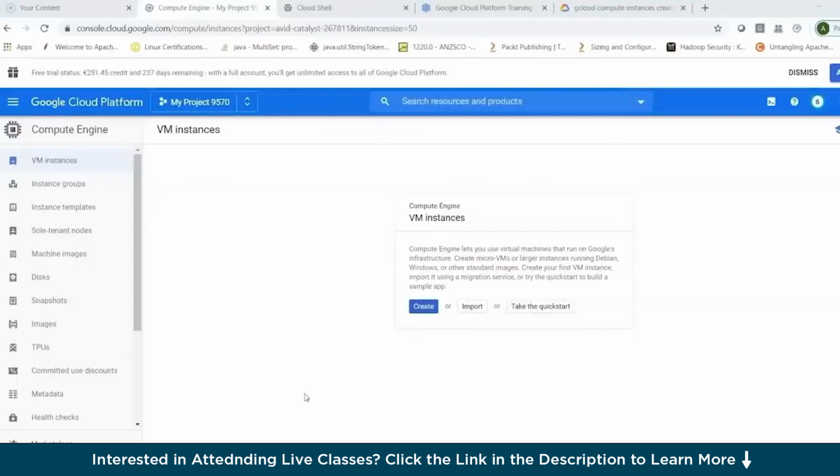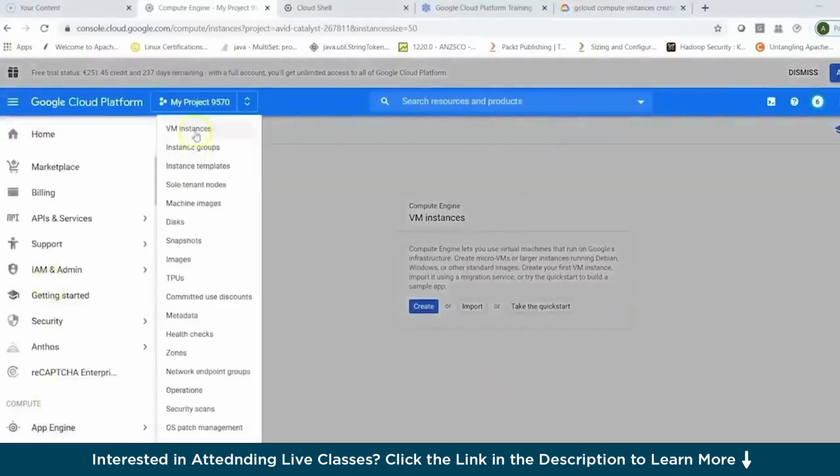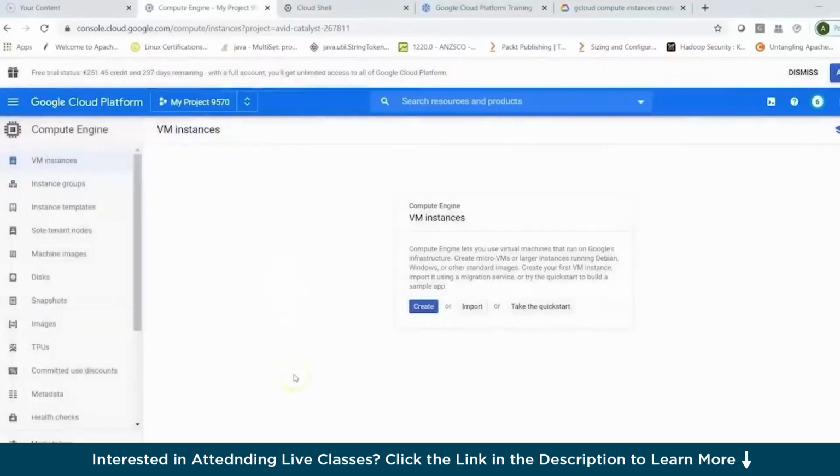Let's also see what the different options are which are available when you would want to create the virtual machine instances here. So when you click on the drop down from the top left and choose Compute Engine, it brings you to this page. So I can show that again. You can click on Compute Engine, click on VM instances, and that basically brings you to this page. Now here it tells you Compute Engine lets you use virtual machines that run on Google's infrastructure. So we can create micro VMs or large instances running different distributions of Linux or Windows using standard images,